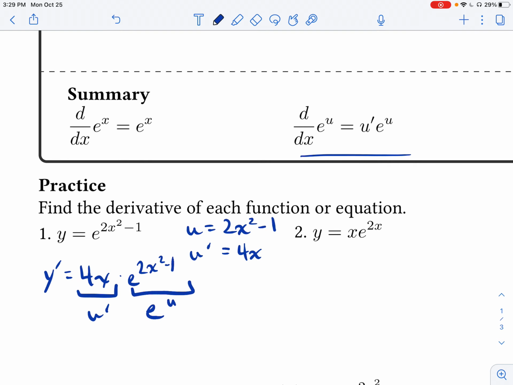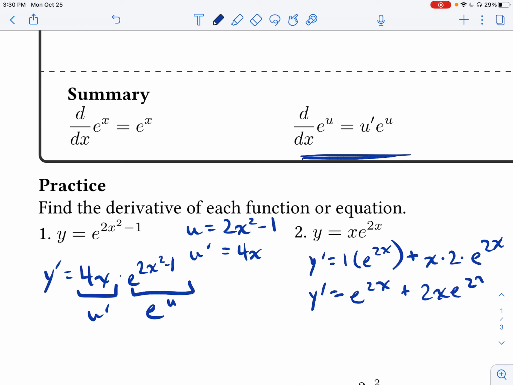This time we're going to be using the product rule, right? So we're going to say y prime is equal to the derivative of x, which is 1, times e to the 2x, plus x times the derivative of e to the 2x. Well, for e to the 2x, again we're using this rule here, 2 is the derivative, that's our u prime, times e to the 2x. So this is going to clean up nicely to e to the 2x plus 2x e to the 2x,